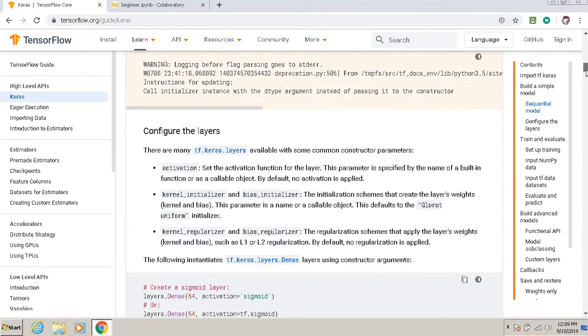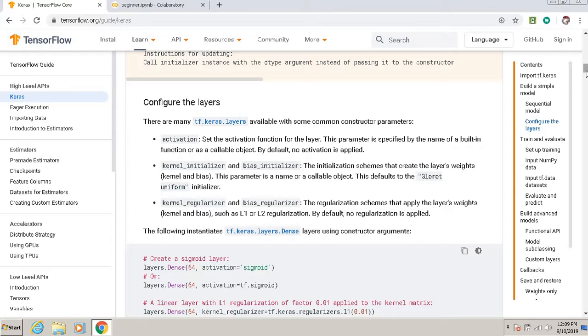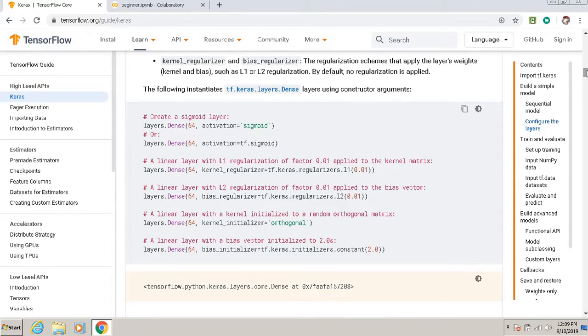Now configure the layers. There are many layers available, but there are some constructors which are available: activation, kernel initializer, kernel regularizer. So if I want to create a dense layer, I can go for Dense with activation sigmoid.